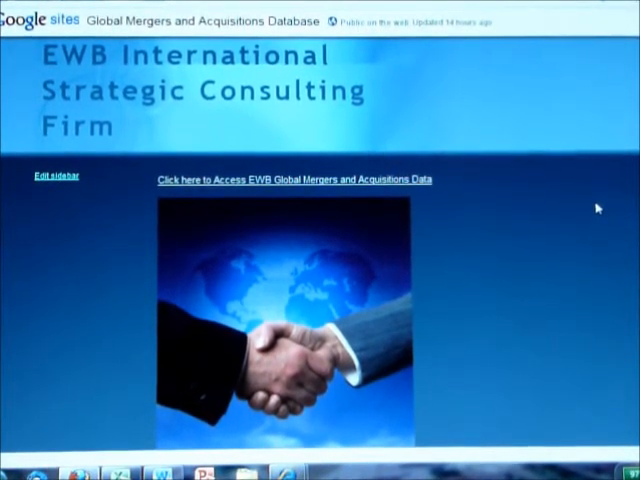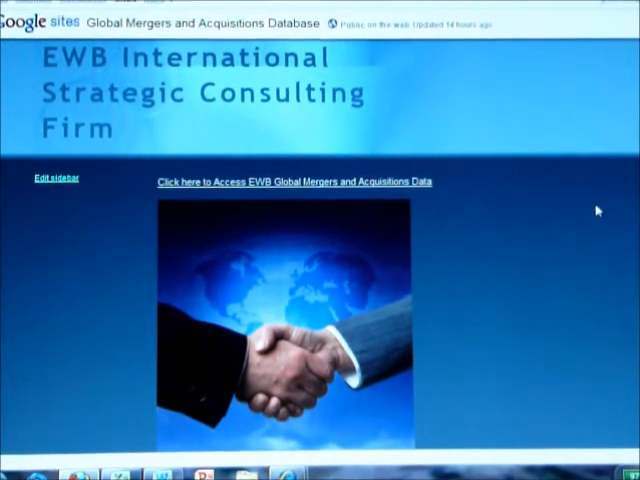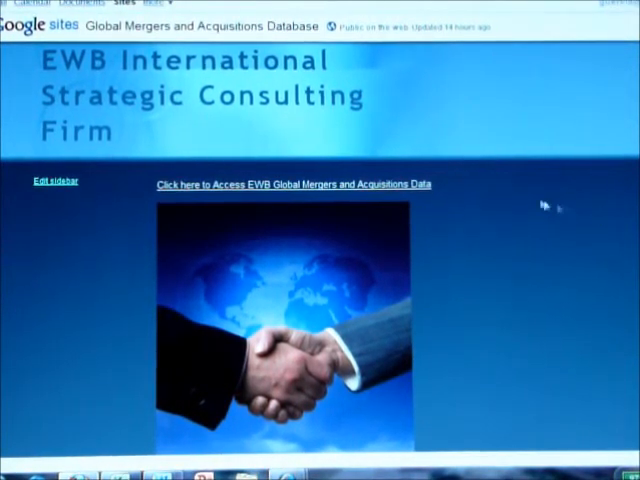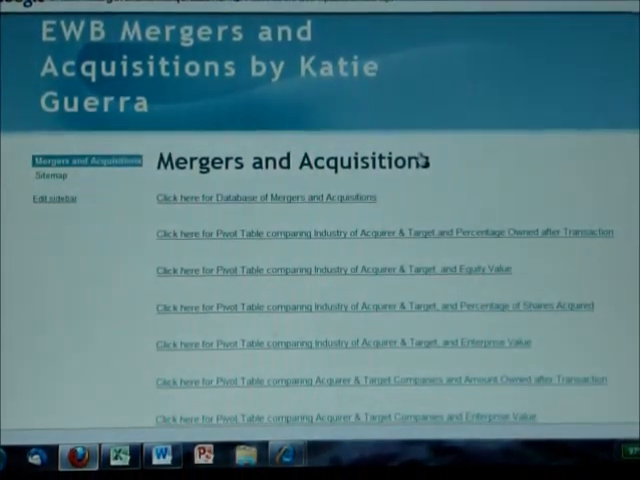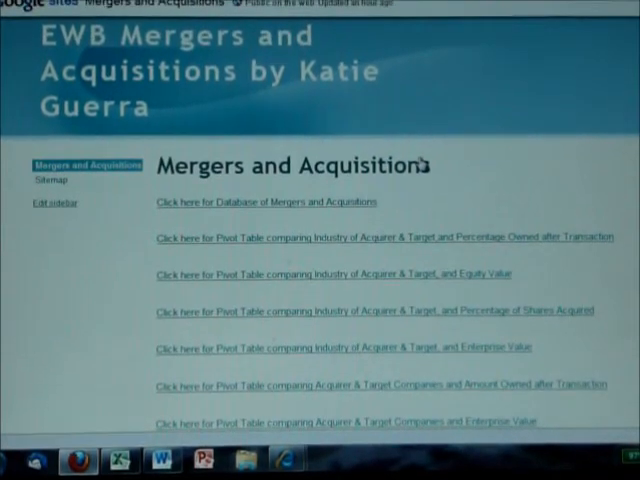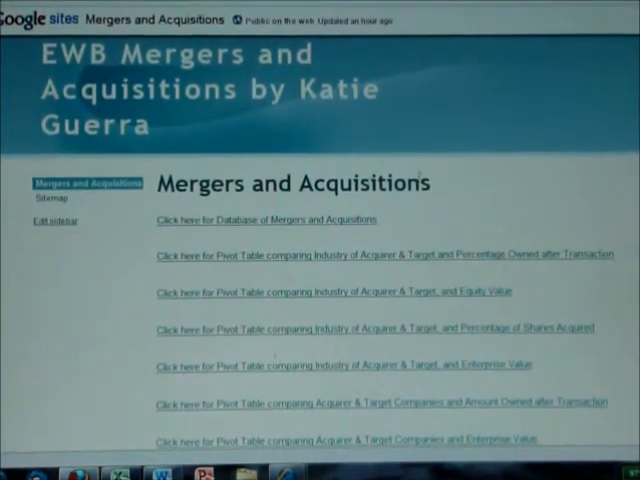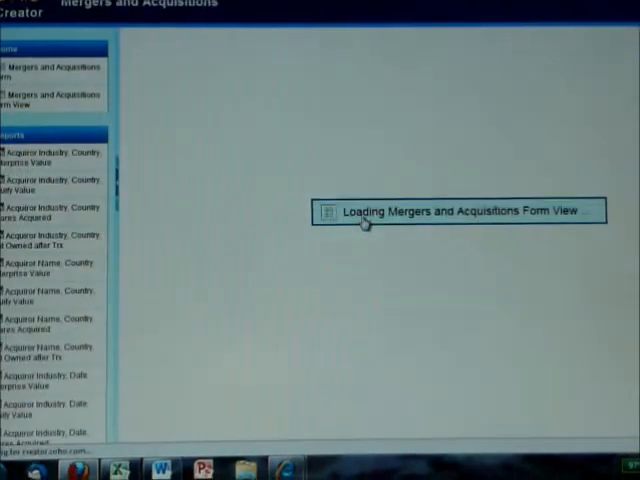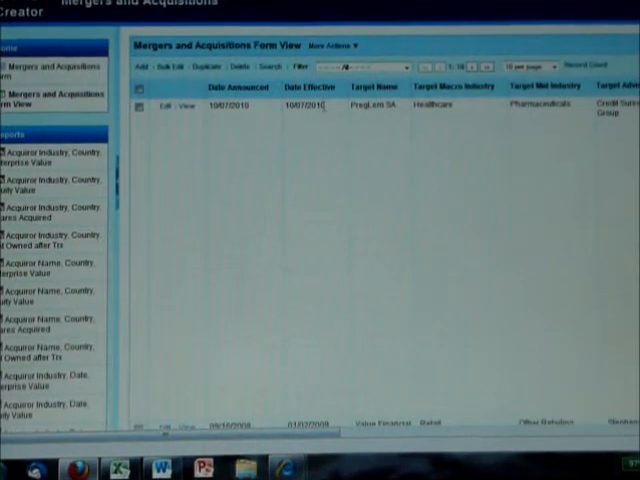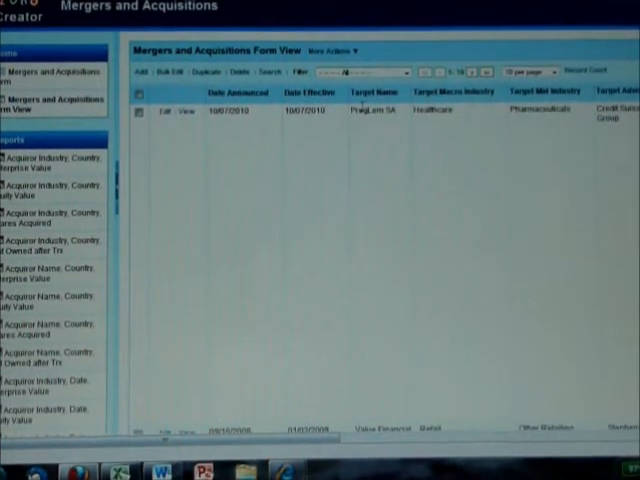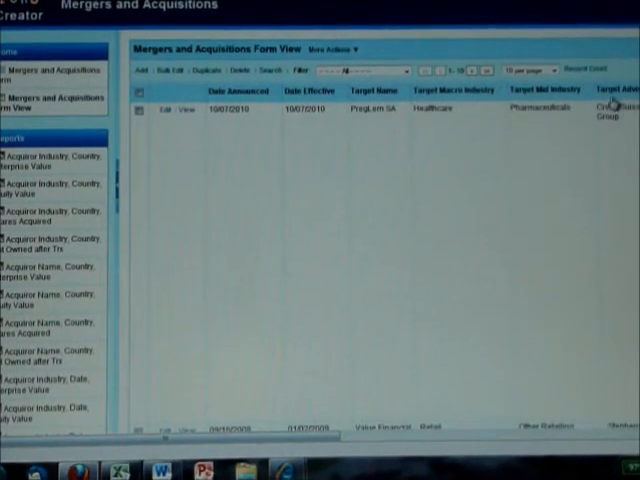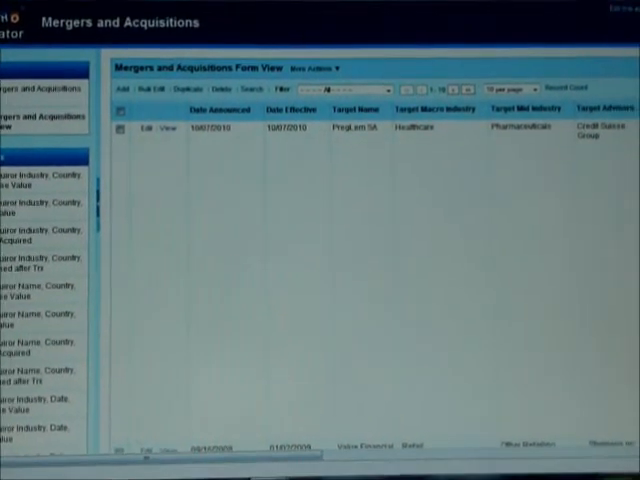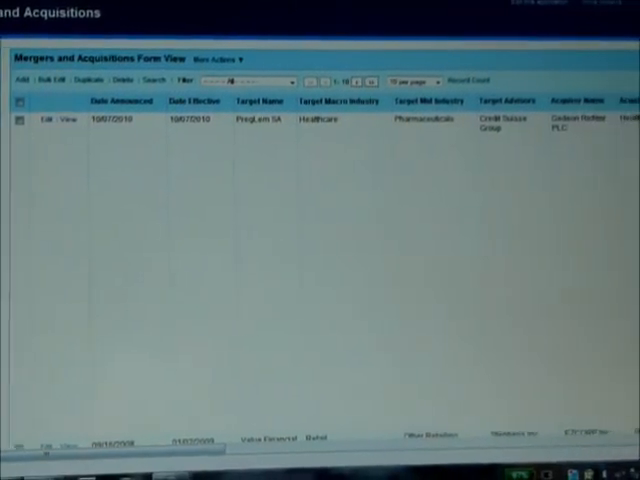You begin by going to the website that I created and by clicking on the link to the Mergers and Acquisitions page. Once you get to that page, you'll see that the first link will take you to the entire database. And this database has information on the date the merger became effective, the name of the target company, the name of the target industry, the name of the acquirer, the industry of the acquirer,